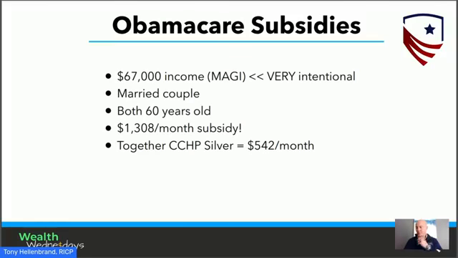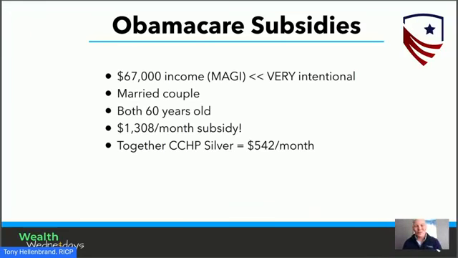So we're going to go through an example here of something that a lot of people don't think about. How does a mutual fund tie in with healthcare? Well, you're going to see here, this is a huge tie-in. So this is an example couple. They had $67,000 of income. And by the way, I have the words very intentional there because it's true. We're very much targeting that exact level of income. At the end of the year, we want their modified adjusted gross income to be $67,000. We don't want it to be $68,000 or $69,000. We want it to be $67,000.